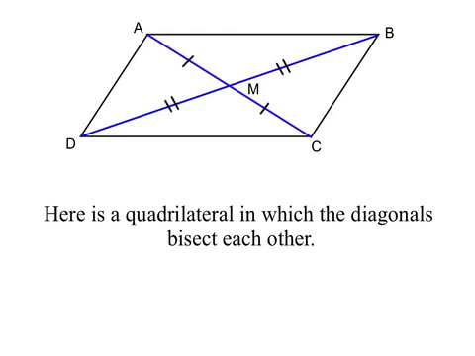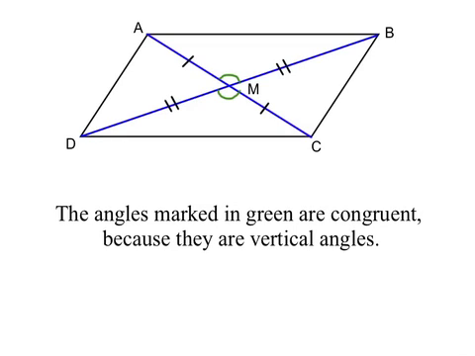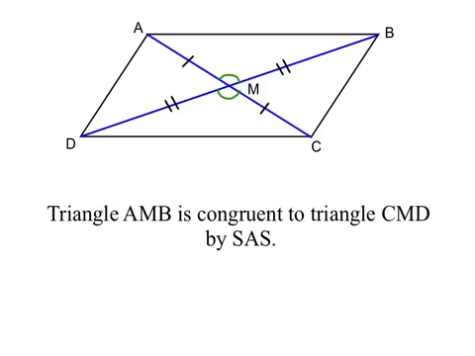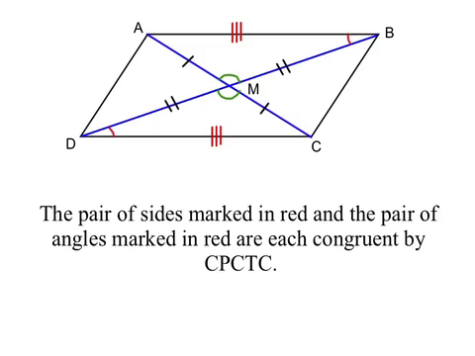Now we're given a quadrilateral. We're not given any information about the sides, but we are given that the diagonals bisect each other. And then we see a pair of vertical angles, so they have to be congruent, and that gives us a pair of congruent triangles, AMB at the top and CMD at the bottom. Side, angle, side proves congruence of that pair of triangles. And then we have some corresponding parts. The angles marked with the red arcs are corresponding parts, and of course side AB is congruent to side DC,